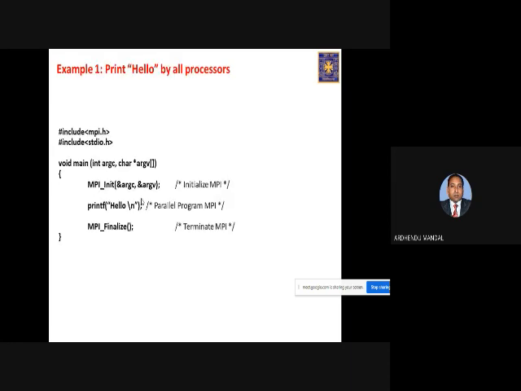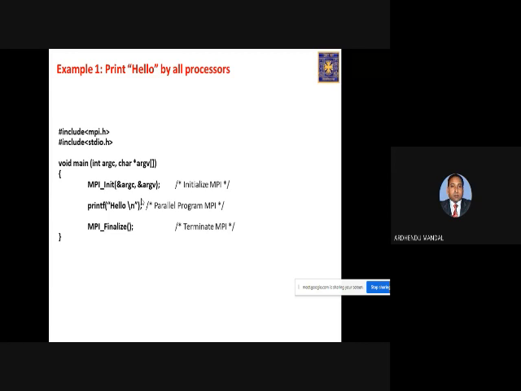Now, suppose this is the simplest program we have, and we are following the SPMD model. This program will be in your memory, in my memory, in someone else's memory. So the same program will be executed by you, me, and someone else, and we all belong to the same communicator group. So each and everyone will print hello.